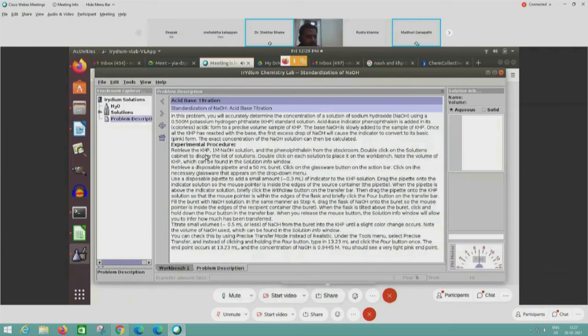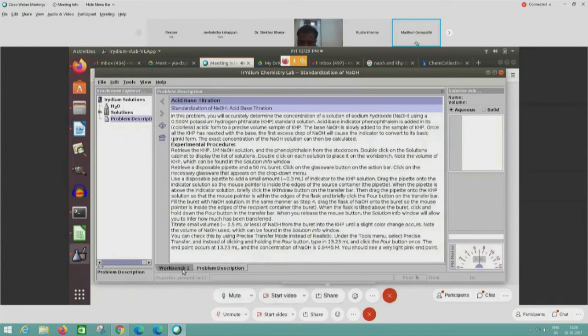The experimental procedure is shown here: we have to use a disposable pipette and take a small amount of phenolphthalein, which we are using as the indicator. We'll take 0.3 ml of phenolphthalein, and in the solutions cabinet we have KHP, that is potassium hydrogen phthalate, and 1 M sodium hydroxide. Then do the titration process.